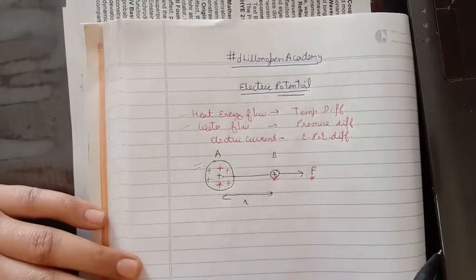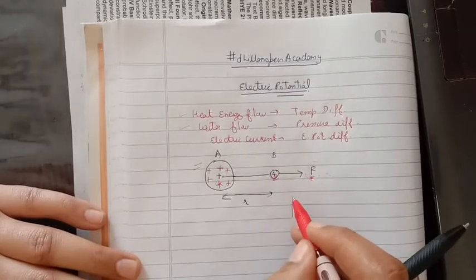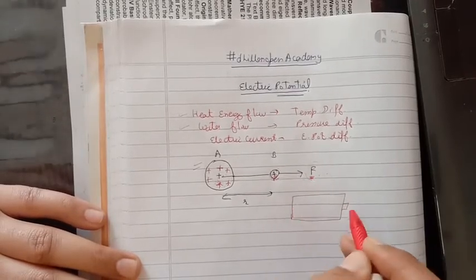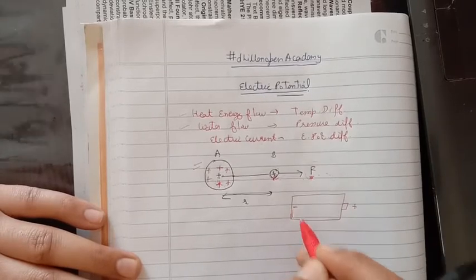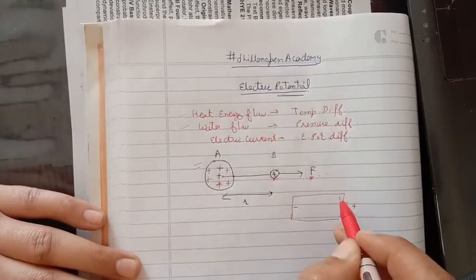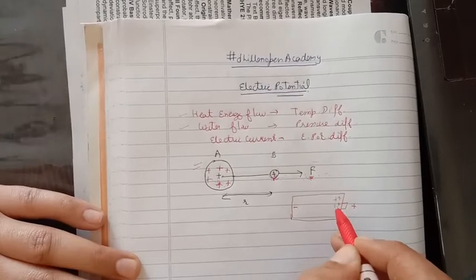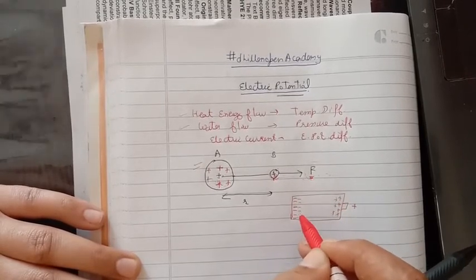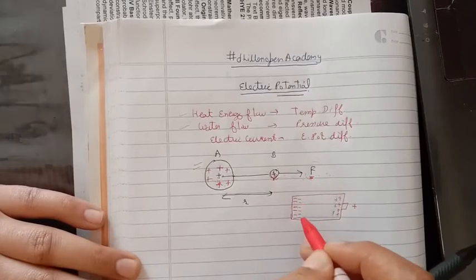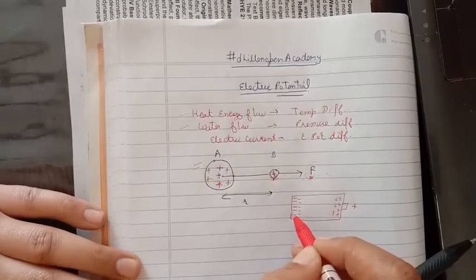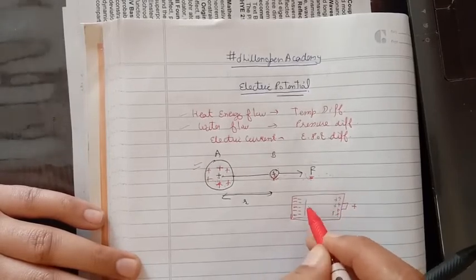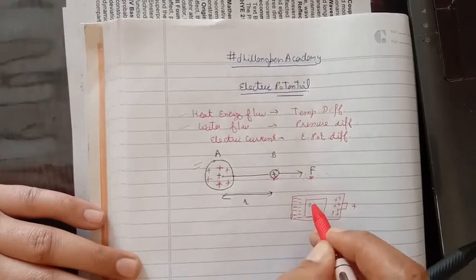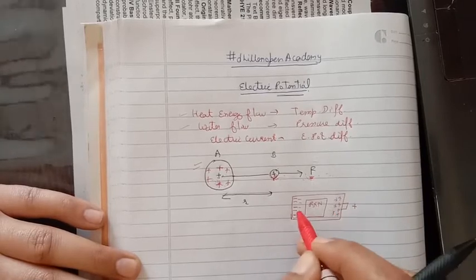A battery or cell contains two terminals. One is positive, another is negative. The positive terminal contains a huge collection of positive charge. The negative terminal contains a huge accumulation of an equal amount of negative charge. A chemical reaction between the different salts present inside the battery does not allow these positive and negative charges to recombine.